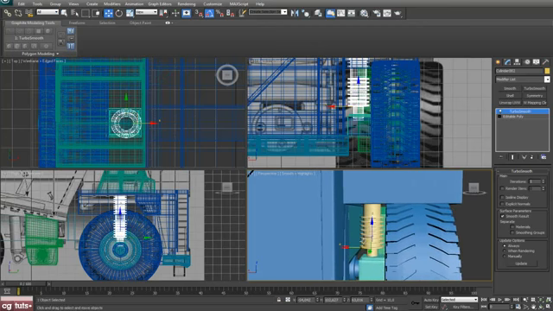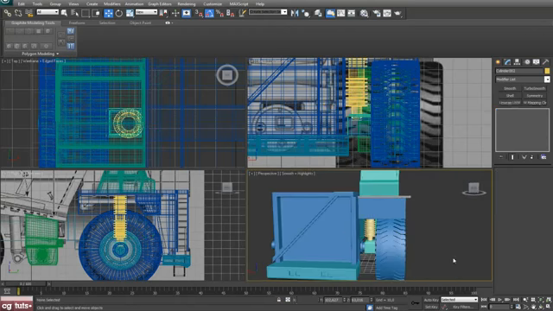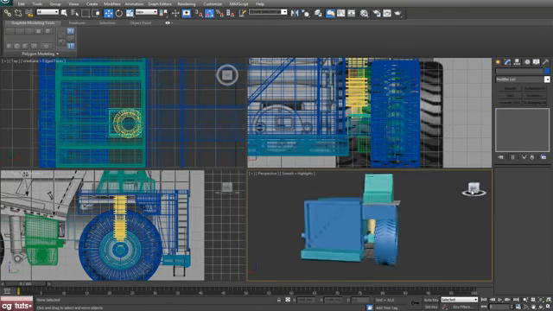And we can push this object in just a bit. Okay,